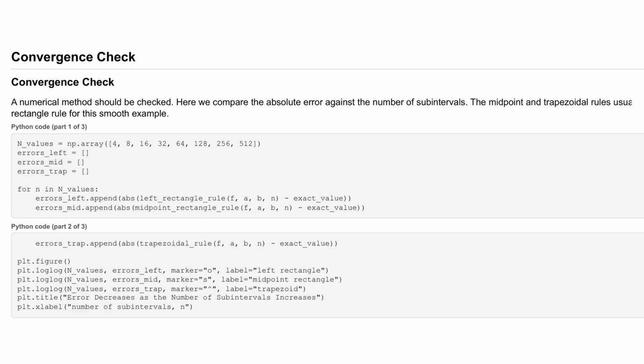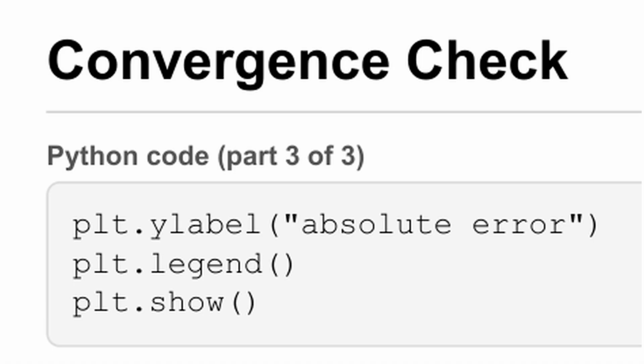We can quantify this improvement by plotting the absolute error against the number of subintervals on a log-log scale. We calculate the errors for all three rules across a wide sequence of interval counts. Displaying this plot will clearly reveal the convergence rates, showing us how rapidly the error shrinks for our different numerical